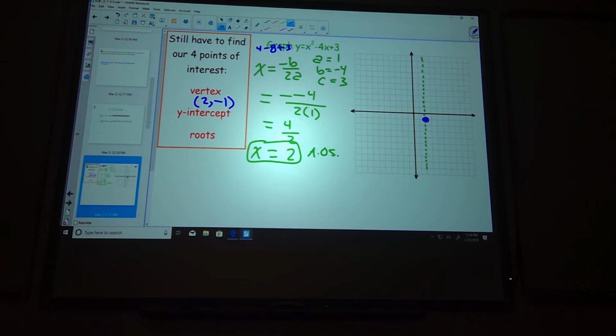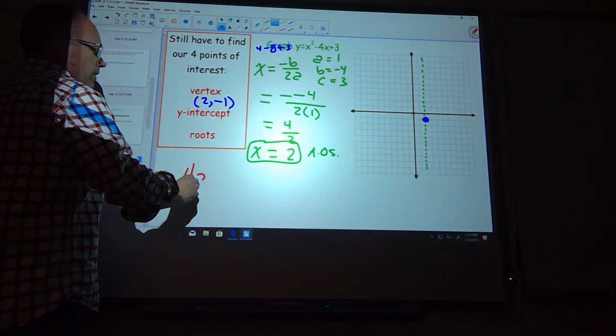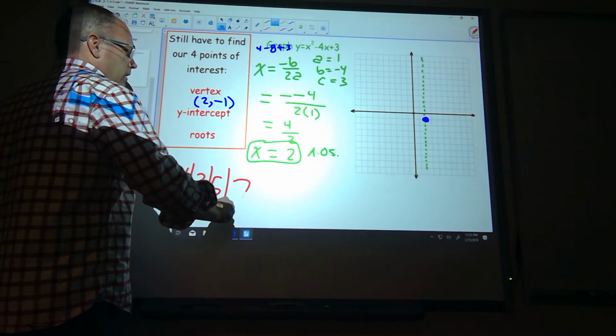Are you ready to see butter? This is the coolest concept. So does everyone feel pretty much okay finding that vertex? Is anyone like, dude, where'd that point come from? Good, we didn't hear that yet. All right, so you remember that 1, 3, 5, 7 that we talked about?